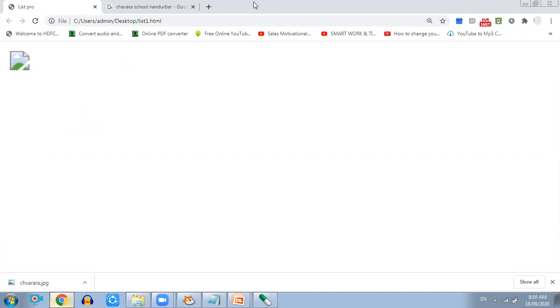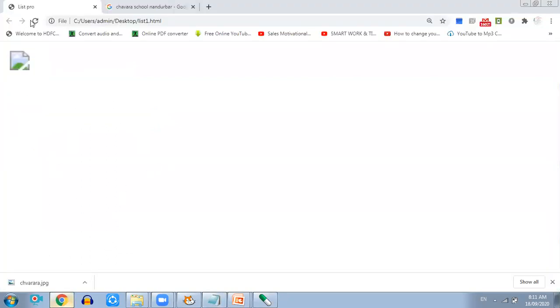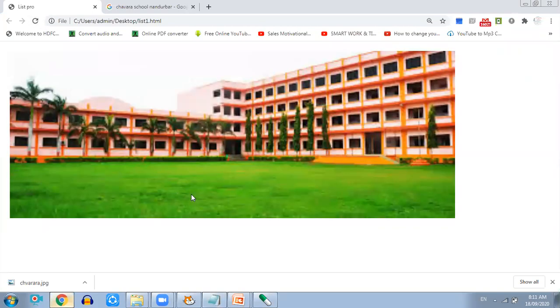Okay, in Notepad the name is proper, but there is a mistake in the image file name, and now I have changed it. Let's refresh and it appeared here. So, school photo. In this way you can take any photos and you can write the details of that photo and prepare. Previously also we have learned this, but as a background image. Now you can take a small image on the web page also.